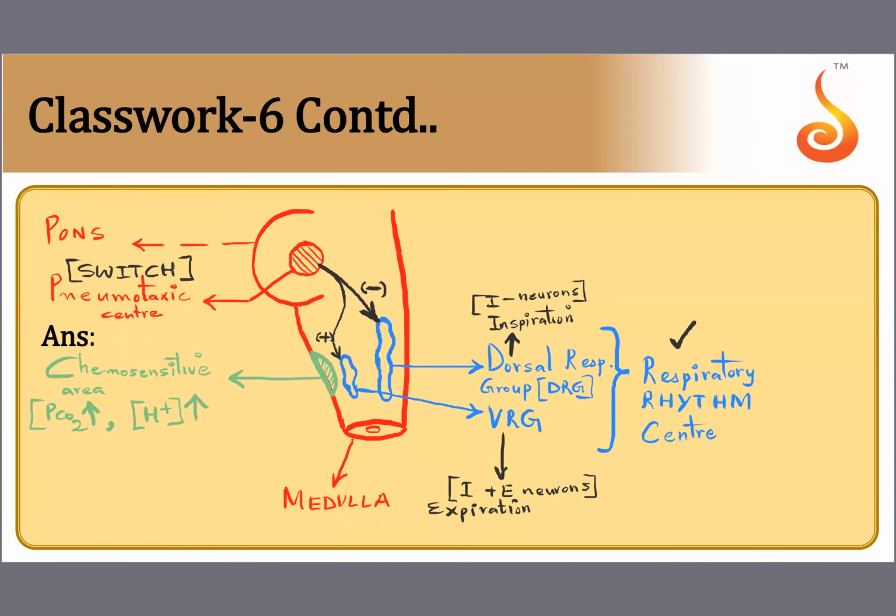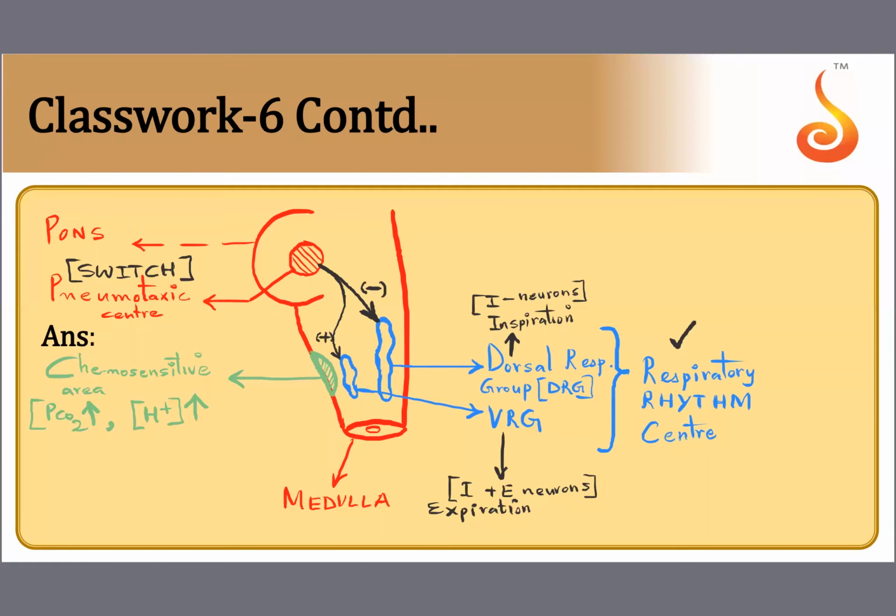Of course, in children, they breathe up to 30 times in a minute. Can you imagine? So it's more in young individuals, but as we grow older, we attain a stable respiratory rate of about 12 to 16 times. And that respiratory rate is actually determined by this pneumotaxic center. This pneumotaxic center puts an end to inhalation and begins exhalation. So you will stop inhaling and you will start exhaling.